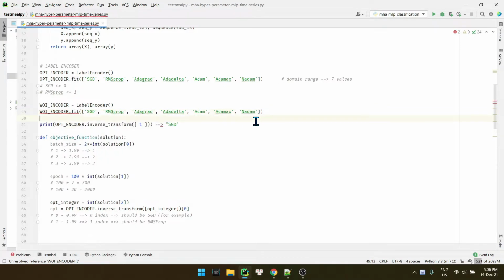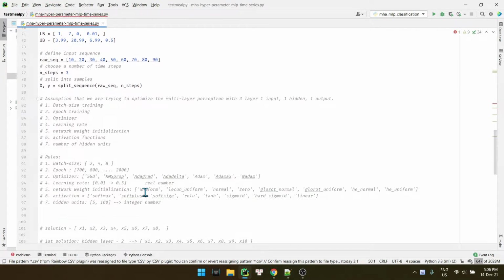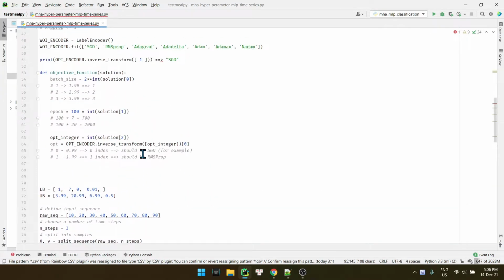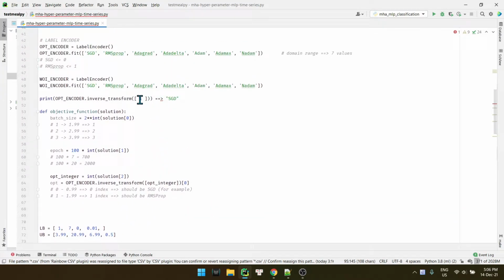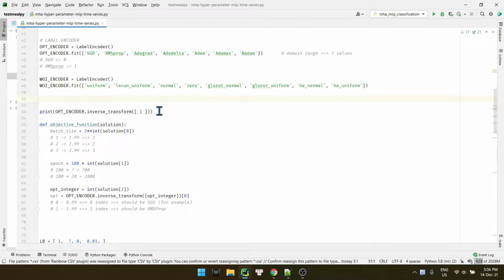We fit, okay, but with the value, yeah, fit the value. We fit the value, remove this, we fit the value here, okay.